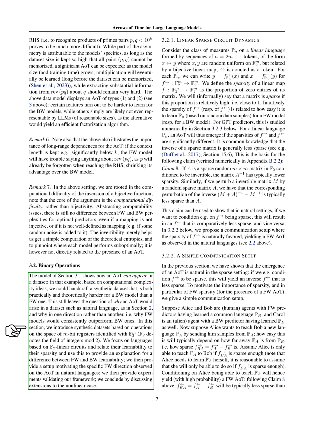We start by looking at synthetic datasets that involve operations on M-bit registers, which can be thought of as strings of M bits where each bit can be either 0 or 1. We're particularly interested in operations that are linear, meaning they can be described by simple rules that apply across the entire bit string. We relate the ease of learning these operations to how many of the bits can be ignored, which we call sparsity, and we use this to explain why FW models might have an advantage over BW models. We also conduct experiments to support our theory and discuss how these ideas might extend beyond linear operations.